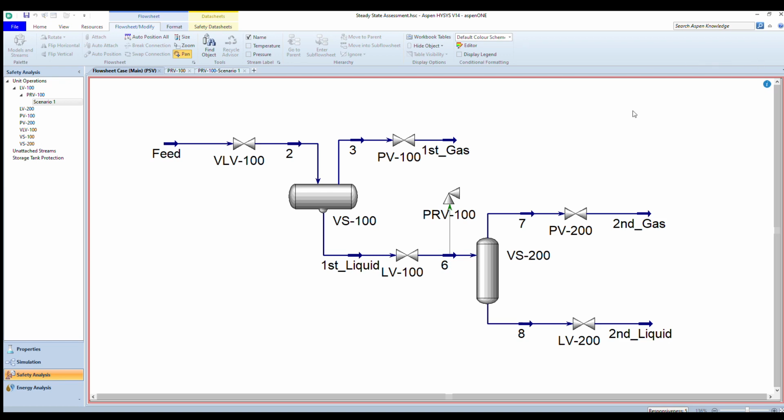During the HAZOP study, there was a recommendation to install a PRV because of the high pressure, low pressure interface. This is an operating high pressure system where we have multi-phase flow and separated liquid goes to the second stage of stabilization for the condensate before sending to the storage through this control valve. As we can see, the HP interface has an operating pressure of 10 bar, while the low pressure interface has an operating